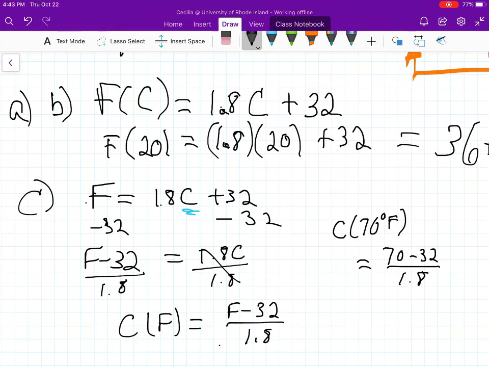My calculator tells me that this is equal to 21.1 degrees Celsius. Okay, so 70 degrees Fahrenheit is converted to 21.1 degrees Celsius. And all you had to know to make this conversion was that 0 degrees Celsius is 32 degrees Fahrenheit, and 212 Fahrenheit is